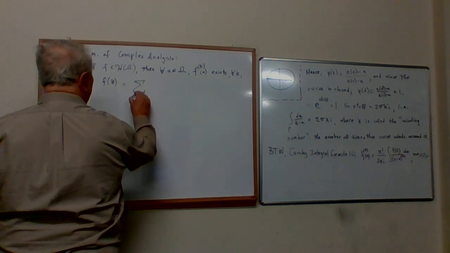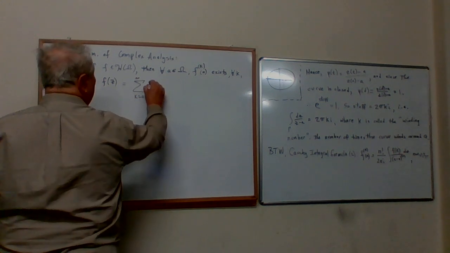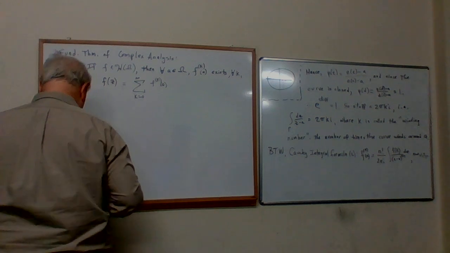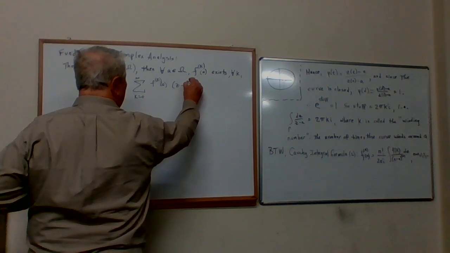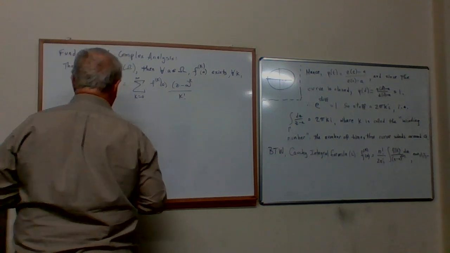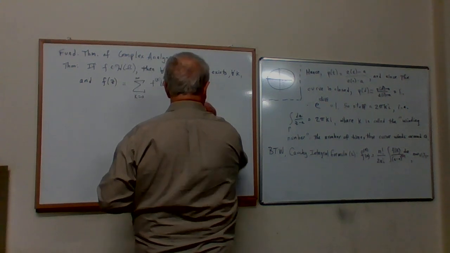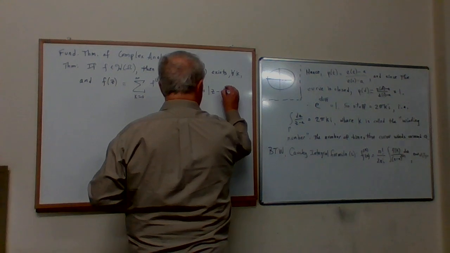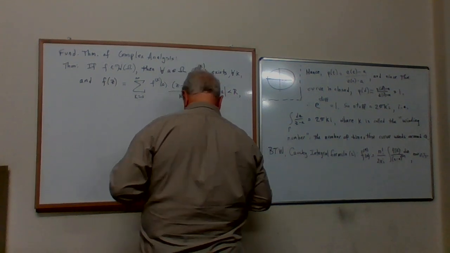So it's the sum from k equals 0 to infinity of the kth derivative evaluated at a times (z minus a) to the k divided by k factorial, on |z minus a| less than r, say,